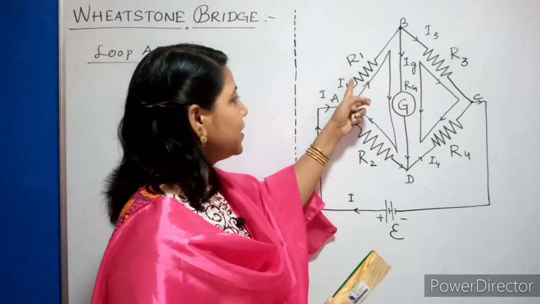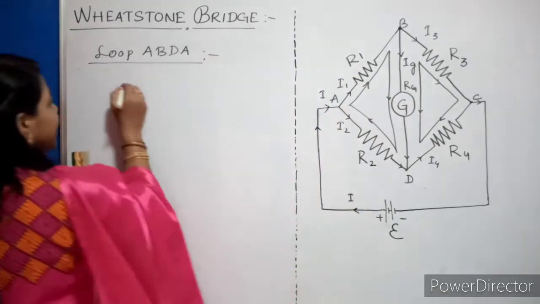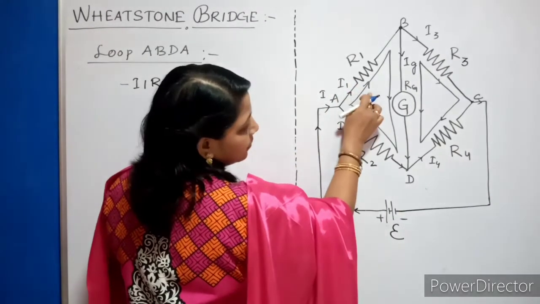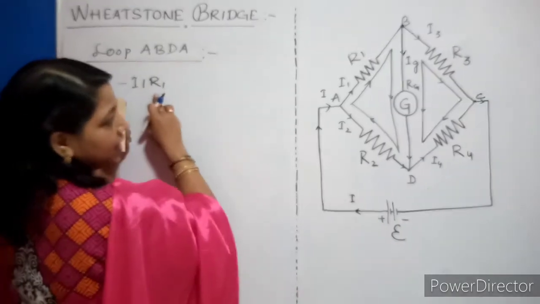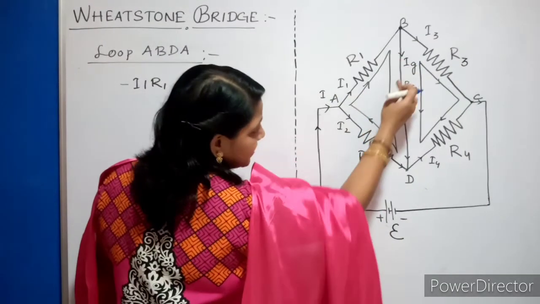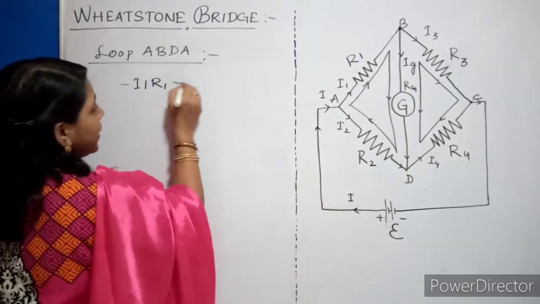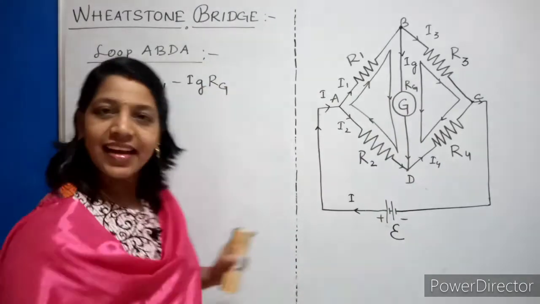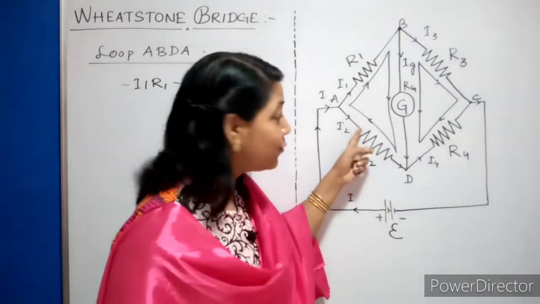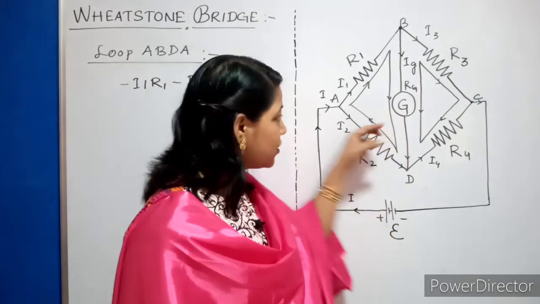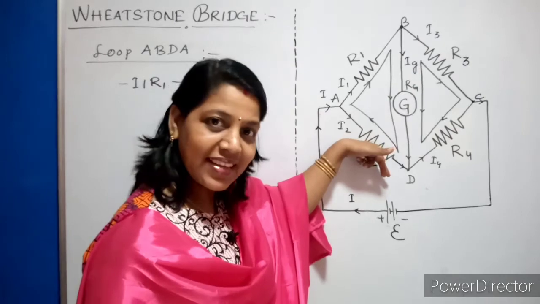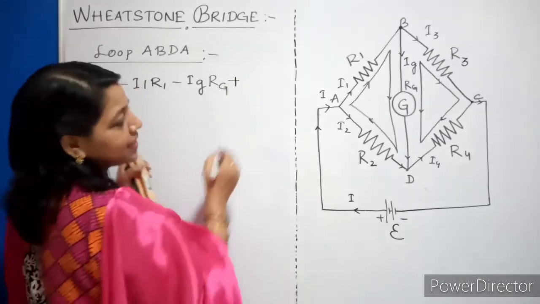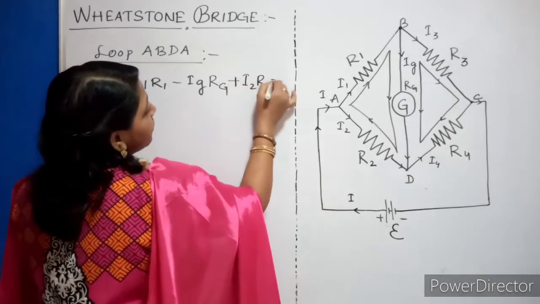So what is the drop? That is minus I1 R1. Both the directions are the same, so my assumption is minus I1 R1. Now here you also see the current Ig and this, both in the same direction. So minus Ig Rg, where the internal resistance of the galvanometer is Rg. Clear? Now come to this branch. You see very carefully the direction is clockwise in this direction, whereas the current direction is in this direction. So it is just opposite to my assumption. So I have to take it as plus. What I will write? Plus I2 R2 equal to 0.